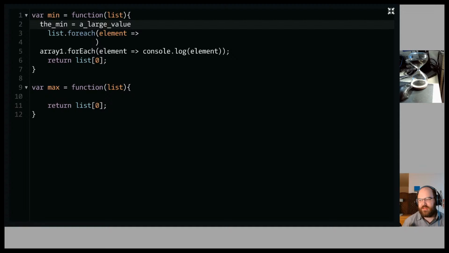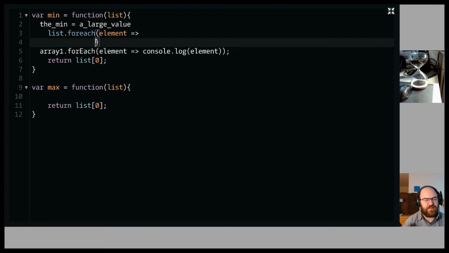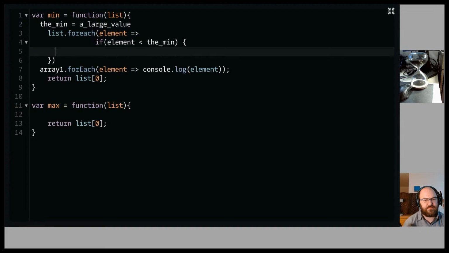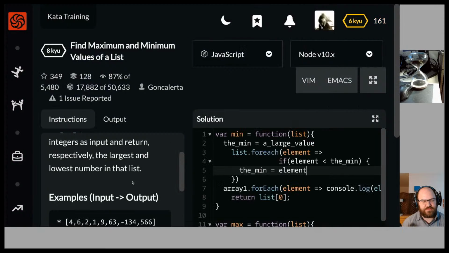Let's just write it as a large value for now, and we'll decide what that value is later. Because my thinking is, if element is less than the minimum, then the min equals element. So if we compare this to an example input,